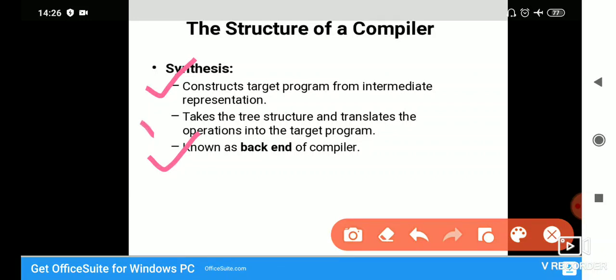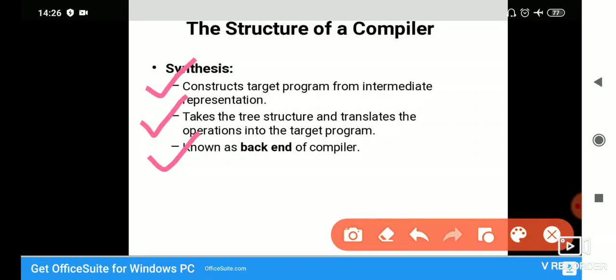And the syntax tree part takes the syntax tree structure and translates the operations into the target program, the executable target program, or the machine language. So once again, if I summarize, analysis is called the front end, synthesis is called the back end.